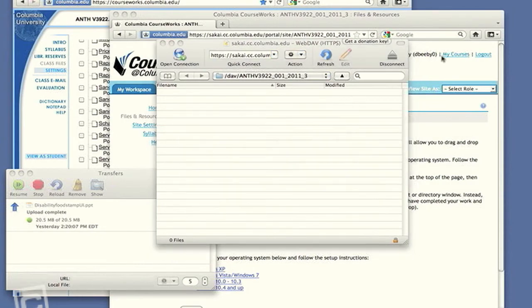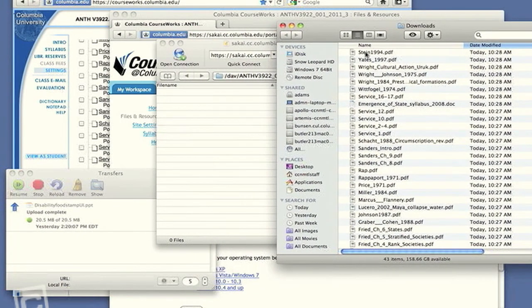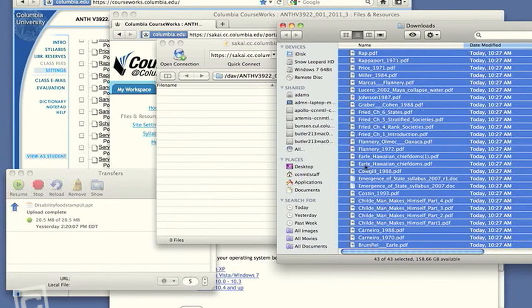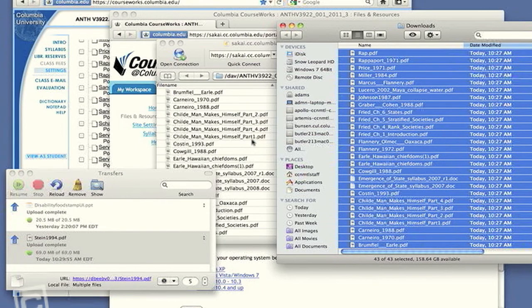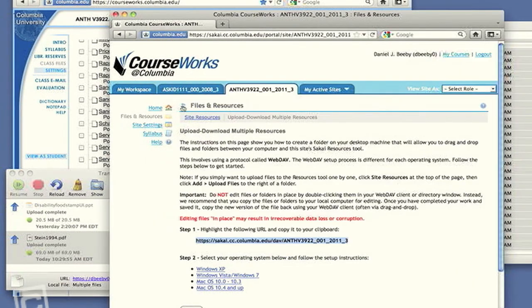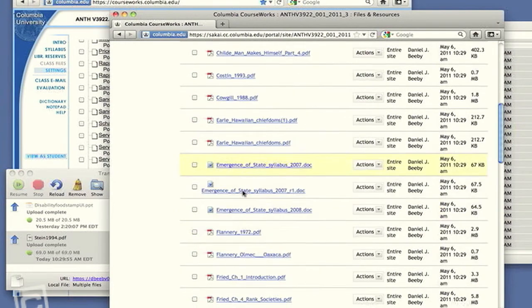Now if I bring up my downloads folder, I should see all of those files that I just downloaded a moment ago, and I'm going to highlight all of those and drag and drop them directly into the new CourseWorks site. As you can see, it'll take a moment to bring all of those files up into new CourseWorks, but it's churning along pretty quickly. Now that all those files have gone up into new CourseWorks, I'll go back over to the Files and Resources section and reset that. And when I do, we'll see that we have this long list of files that we just uploaded a moment